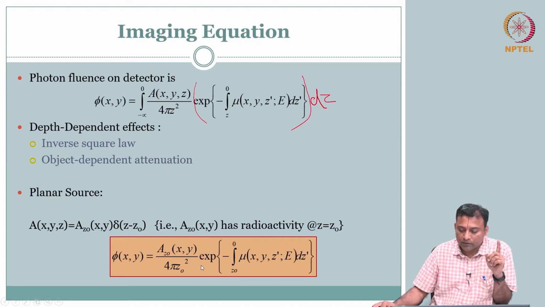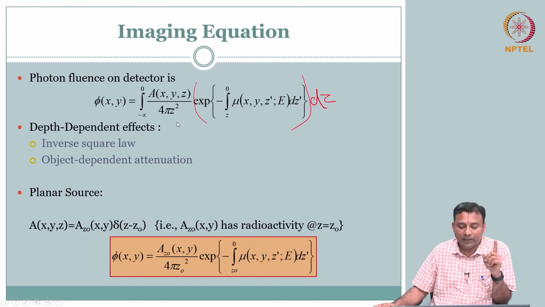This is straightforward. This is along the path, whatever attenuation is there, inverse Z. Before, we used to integrate this into an I_S, and then we set that as I naught in our equations. Here your source is still x, y, it is planar, it is not one point. Remember, in X-ray we had similar equations, but we had a point source and then we had an extended source, the effect of which we incorporated.